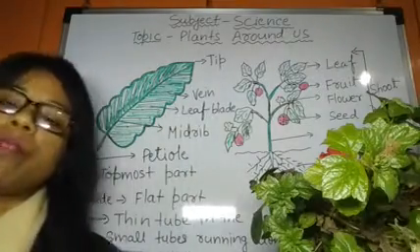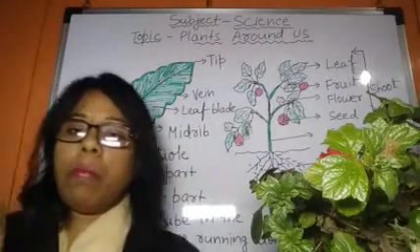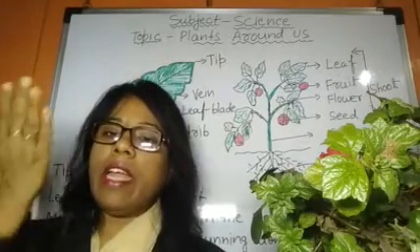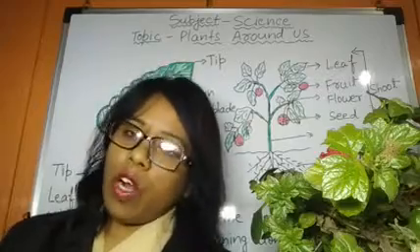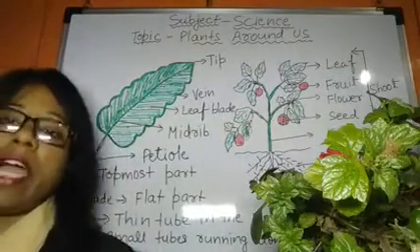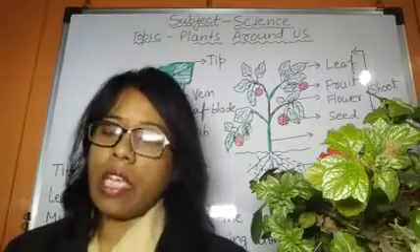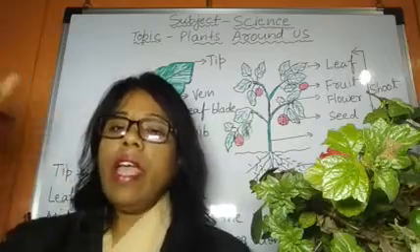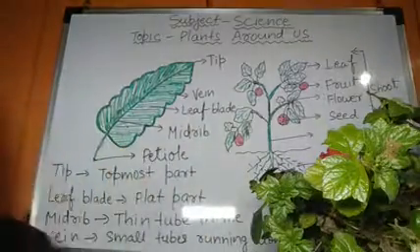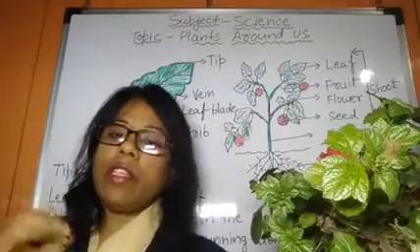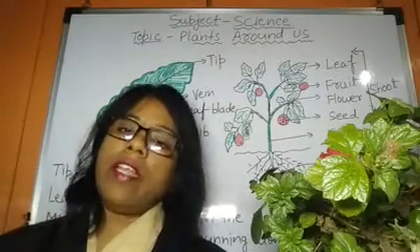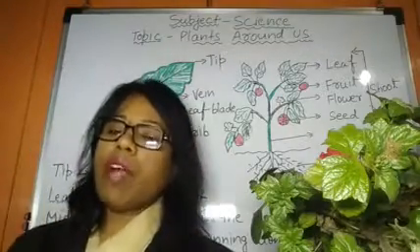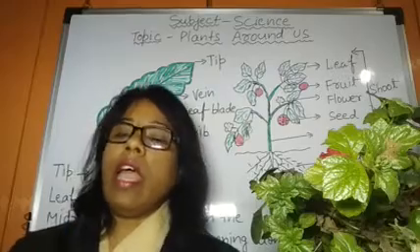Through these holes, what happens? Leaves take in carbon dioxide and let out oxygen and water. So in the daytime, when the leaf gets carbon dioxide from the atmosphere, at that time excess water and oxygen exit from the leaf, and that carbon dioxide, with the help of water and sunlight, makes food. The leaf makes food with the help of carbon dioxide, water and sunlight.